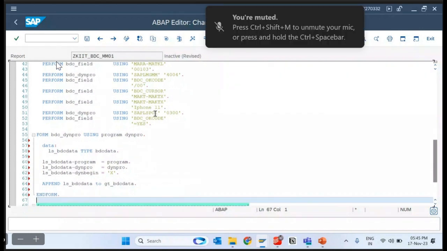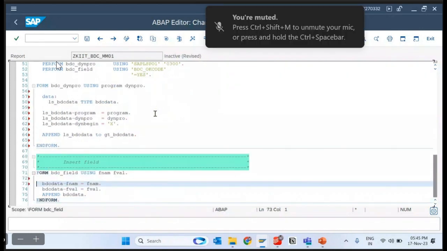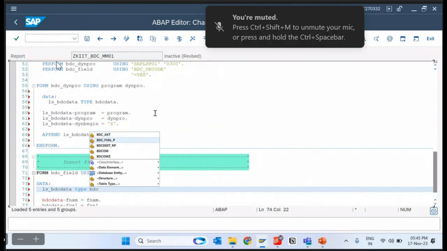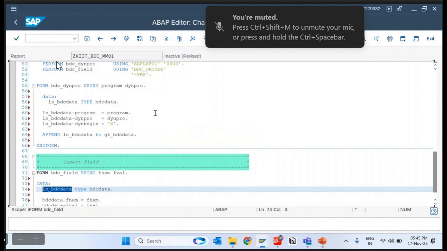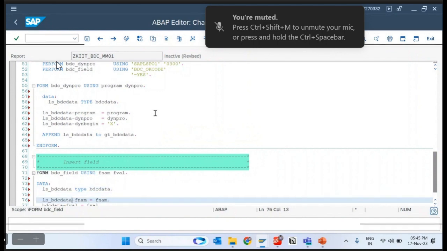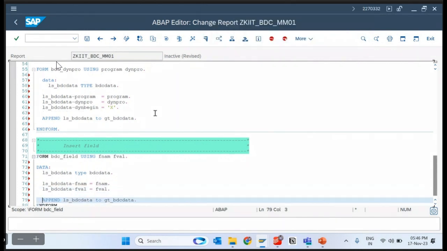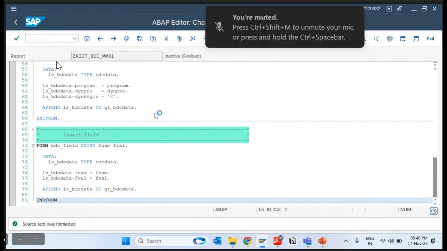Okay, and here similarly, this is not required. DATA ls_bdcdata TYPE bdcdata, and append to gt_bdcdata. Okay,